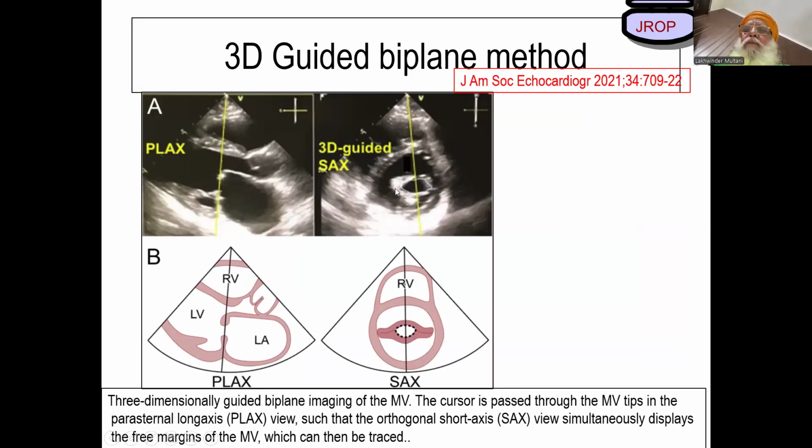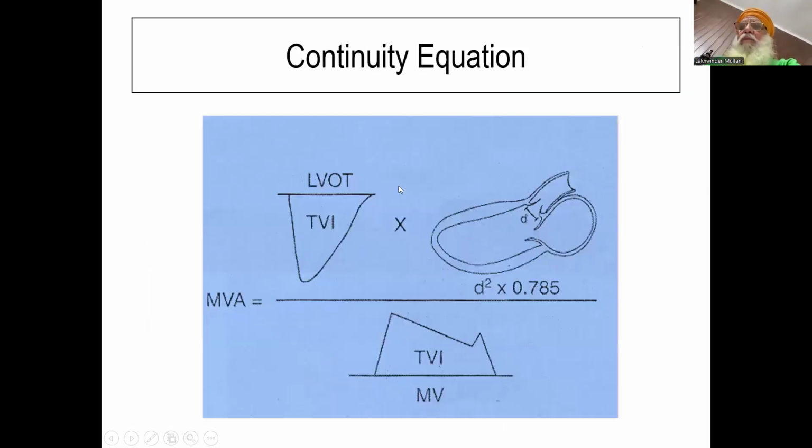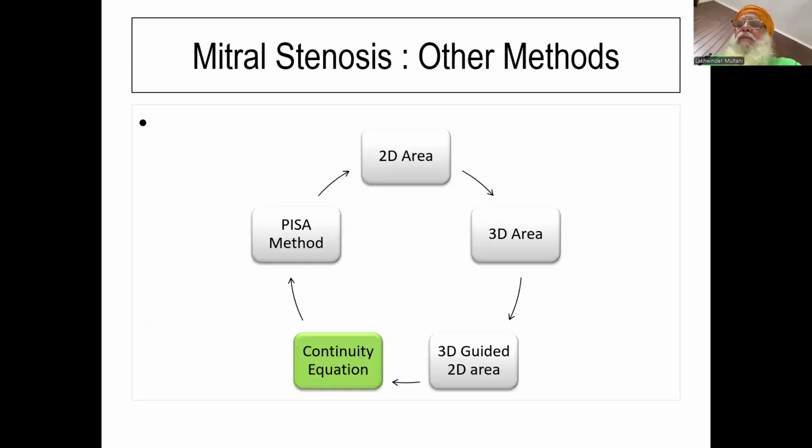The same thing in the orthogonal plane would be seen in a short axis view with the mitral valve area, which is the orifice. Earlier, we used to go from the papillary muscles backward and try to see the first structure which is opening up as the mitral valve area. Now we can see with our eyes, look, this is where we cut down and we get the mitral valve area by planimetry. So remember, in mitral stenosis, this is the best method of calculating the